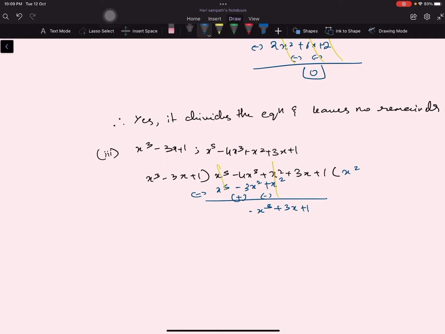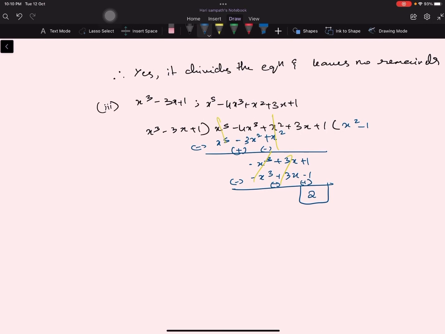We are going to be multiplying it with minus 1 this time, because then only we are going to be able to get minus x cube. Minus x cube plus 3x minus 1. It would have divided it if it was minus 1 over here and not plus 1. Now we get minus over here. We are going to subtract the equation and we get plus over here. We get 2 as the remainder. These two cancel each other out.